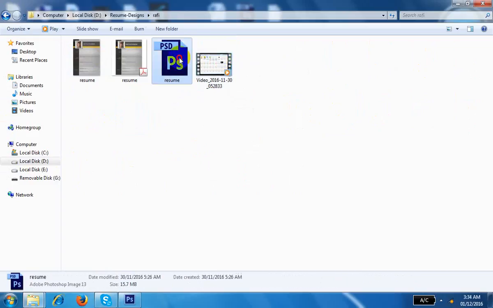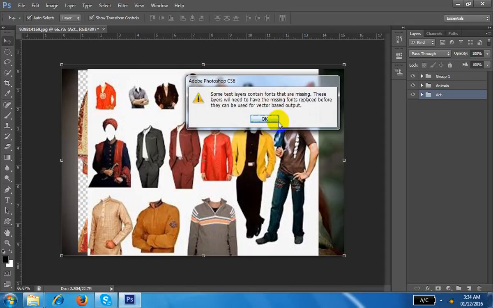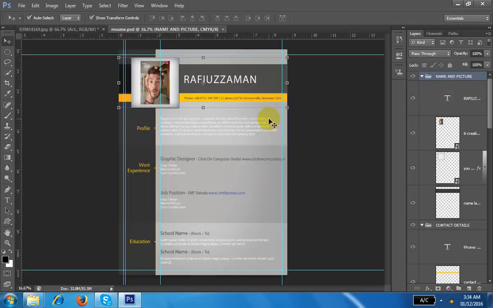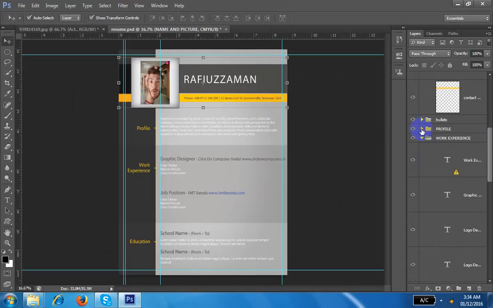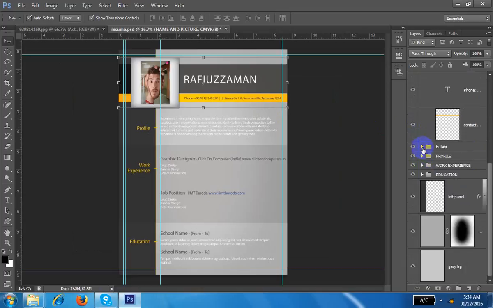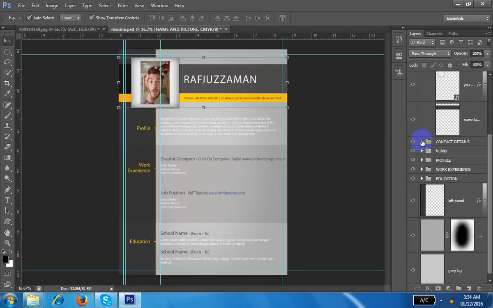Yesterday I made how to edit. This file I give you for editing only, so that you can understand Photoshop. Right click, open with Photoshop. Whenever you open your Photoshop, you can find this image here. This is the ungroup, group. You can close all the folders. If it is open, close.